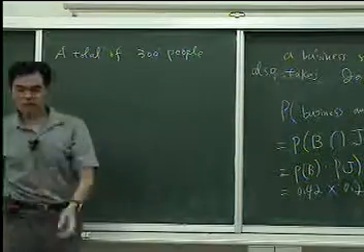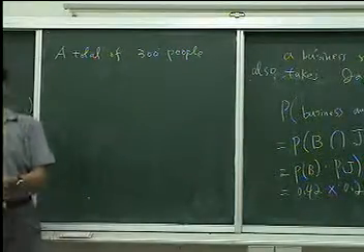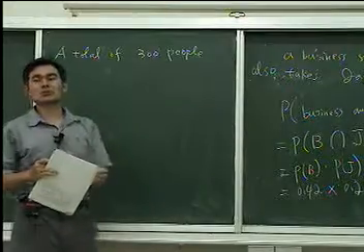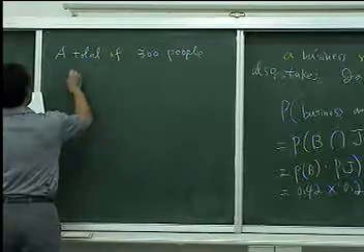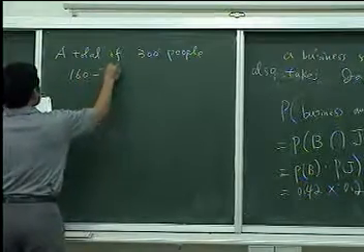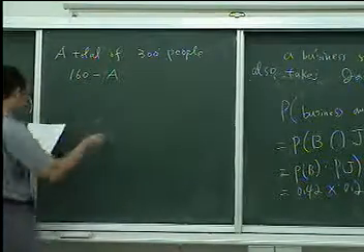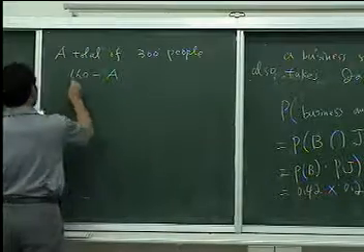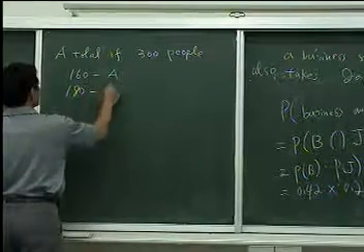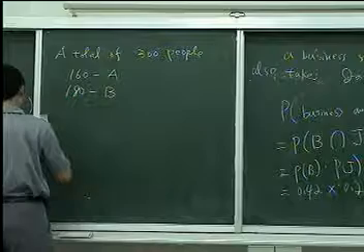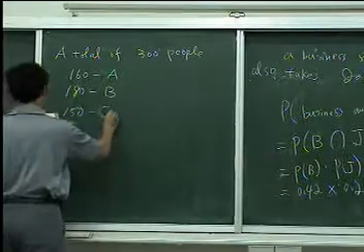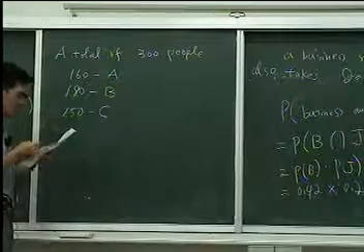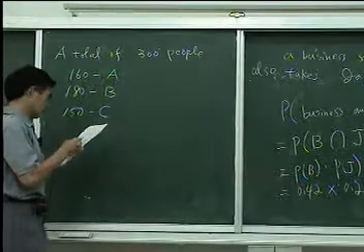So there's a total of 300 people, and these people choose to join some clubs. 160 persons choose to join Club A, and 180 people choose to join Club B, and 150 people choose to join Club C. And also we know